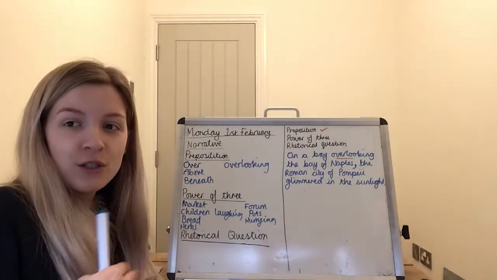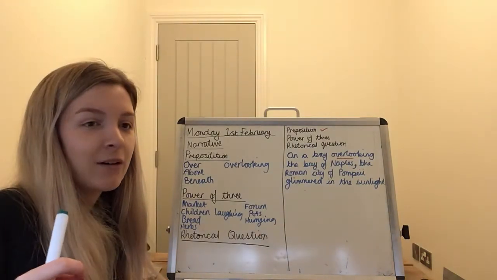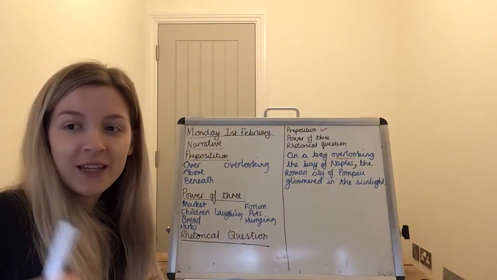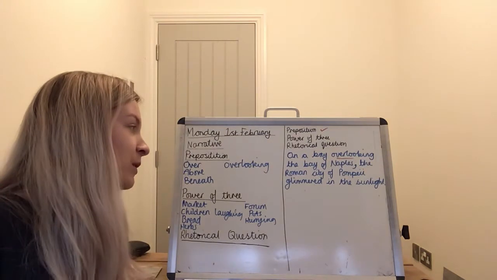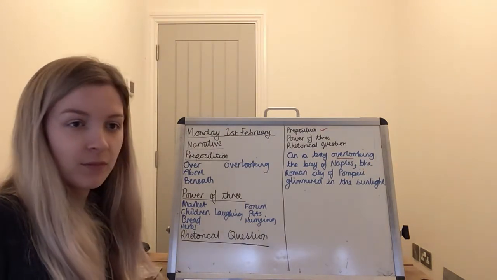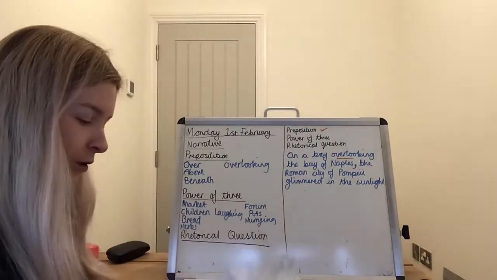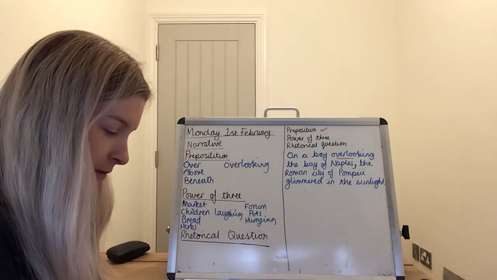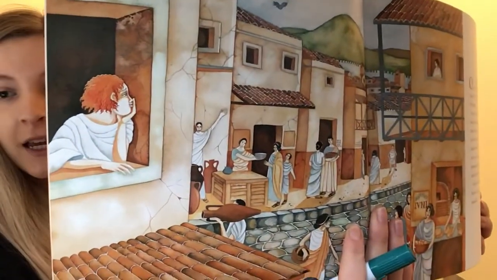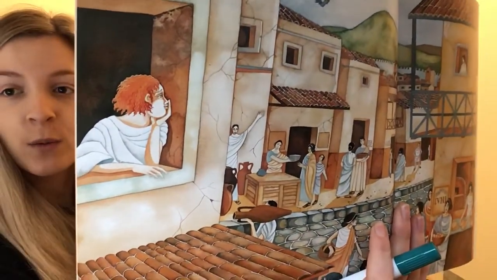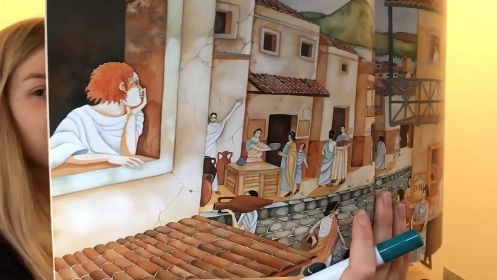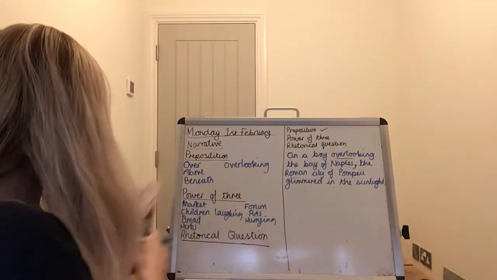I'm going to introduce to you now our main character. Our main character is called Triano. Okay, nice Roman name. He's going to be called Triano. So, in that picture you saw Triano, our main character. He's looking out from his window, isn't he? So why don't we use that picture as inspiration? So from his window,